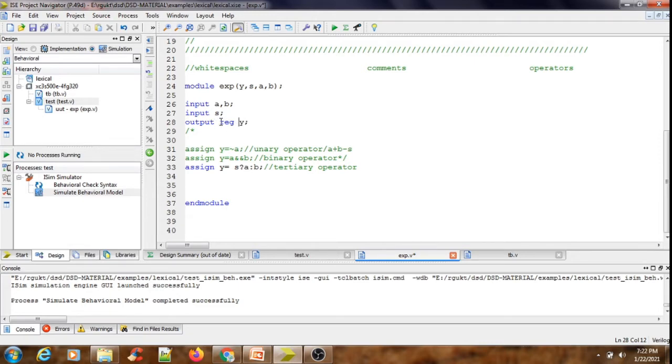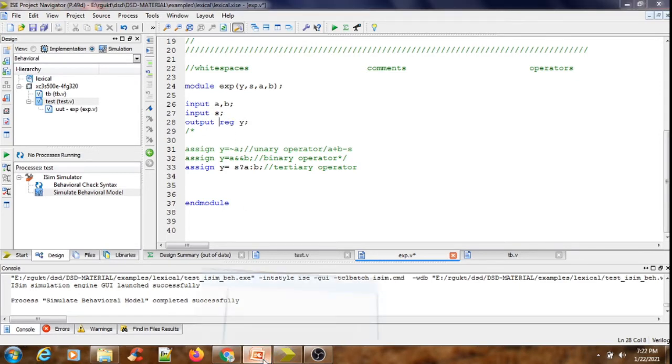I told you that white space is not ignored. If in output reg I didn't give any space, it doesn't give any meaning. That means white space has to be present here, and it is useful in separating the tokens. Output is one keyword and reg is one more keyword.